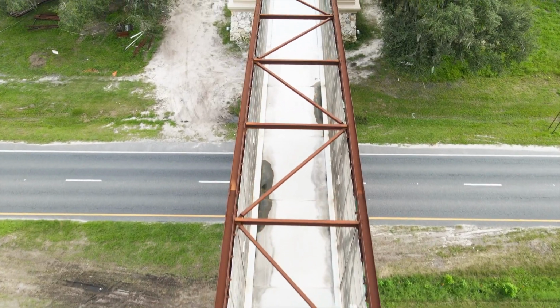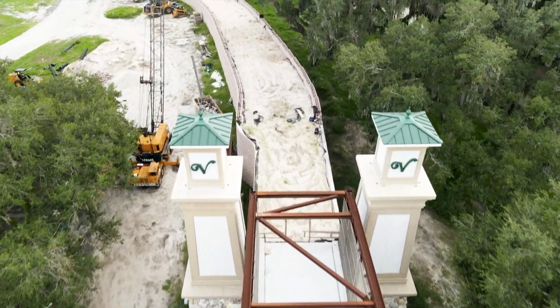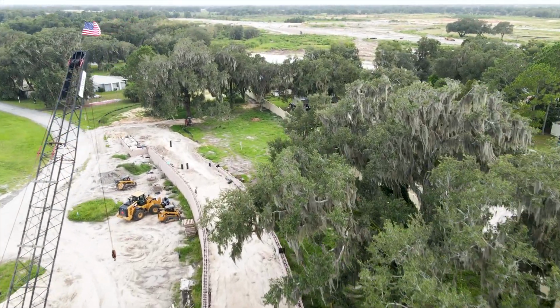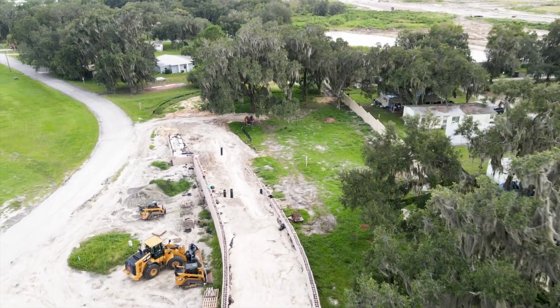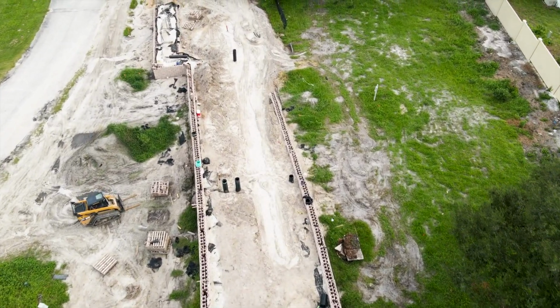The majority of this part is done. You can see we're heading to the south side of the bridge now, and it's not paved or anything, it's still all sand. So as far as connectivity goes, I think they're going to have a road that goes around. Honestly, I haven't looked, so